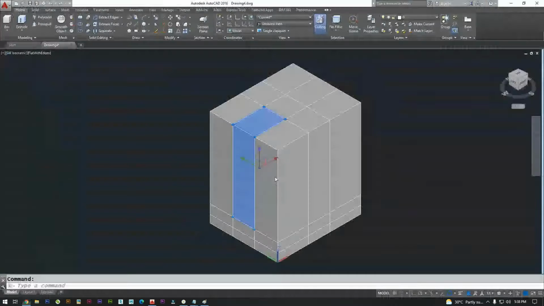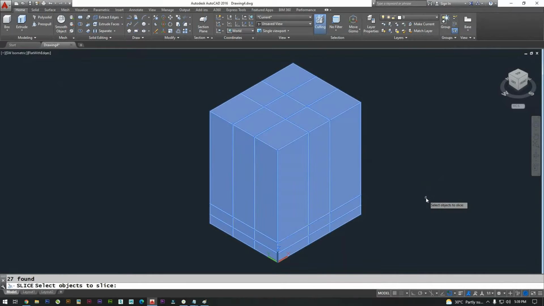What we need to do is, from the left-hand side and from the right-hand side, we need to remove 3.5 and 3.5. So let us slice. And 5, 0.